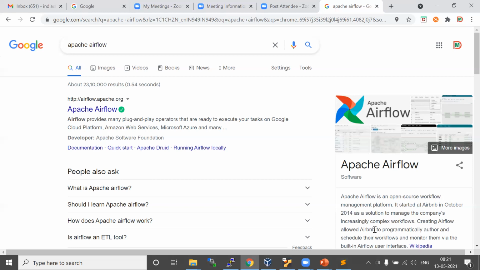EMR is basically a Hadoop and Spark cluster on the AWS cloud, and I'm going to use that. It does not come under the free trial, meaning that even if you are in the free trial, if you use the EMR service, it will be charged. So probably you can follow whatever I do. I am going to use one of my friend's accounts, so I cannot share the account details, but I can tell you how to do it. In future, if you get time, you can do that.